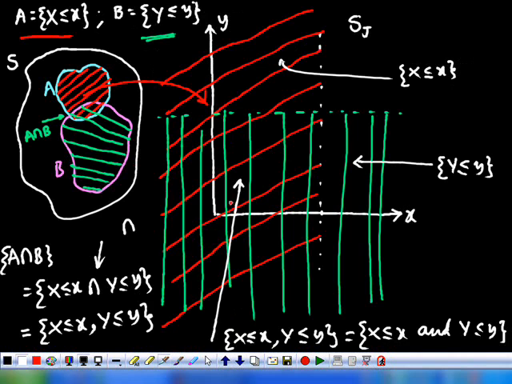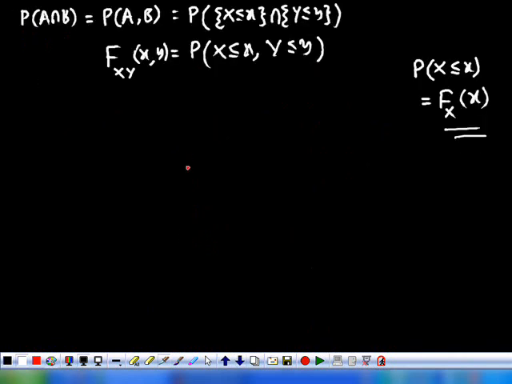That particular region indicates the joint event, and the probability of occurrence of that particular event is designated as the density function FXY of x comma y. Actually it is a distribution function, and we call it the cumulative distribution function, and this is also termed as the joint